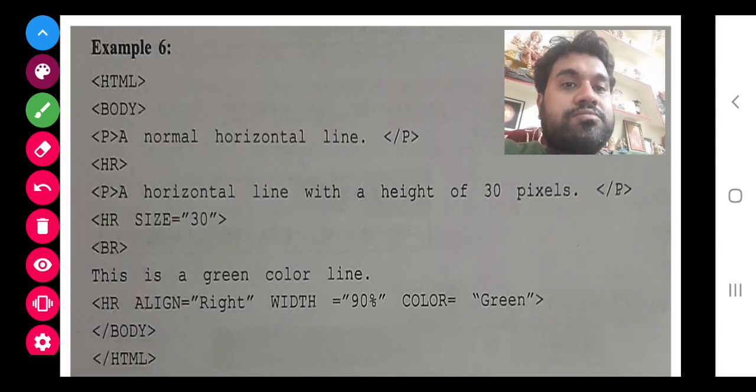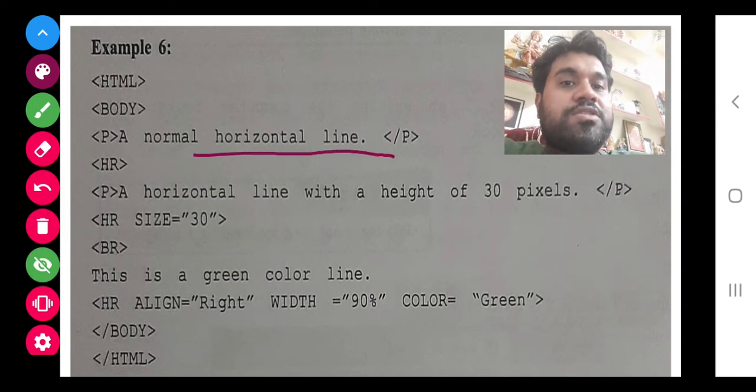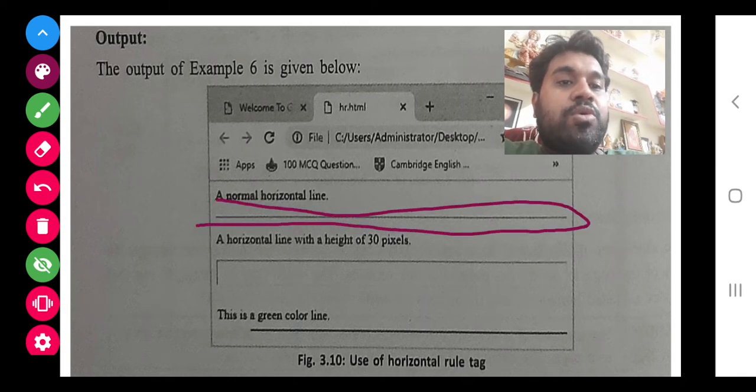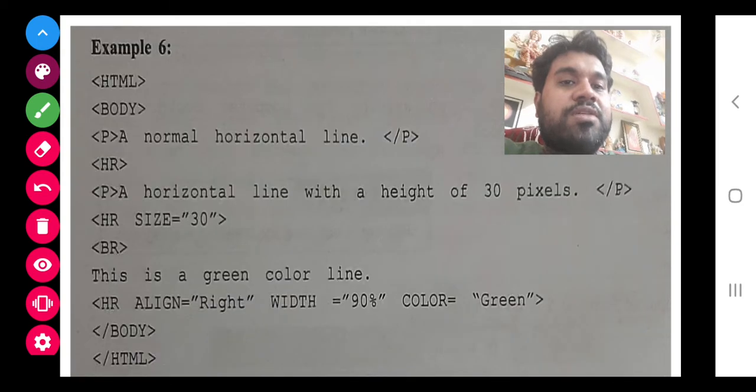No, this is the first line. They have given simply HR. So that's why a single line is simple. You can see a single line with no width, with no darkness, nothing is coming because we have given simply HR.